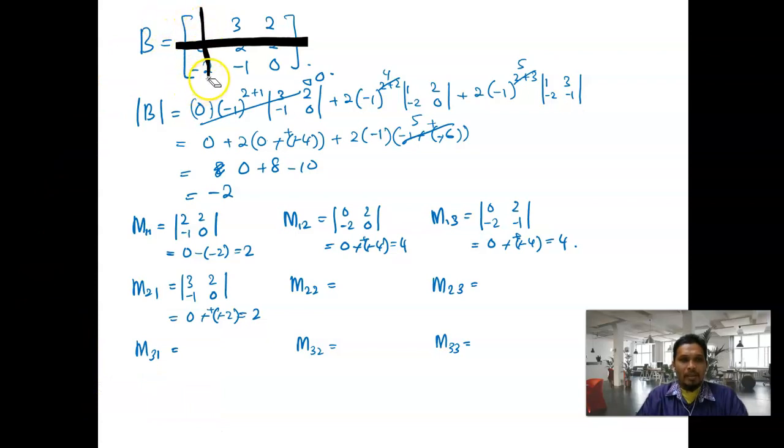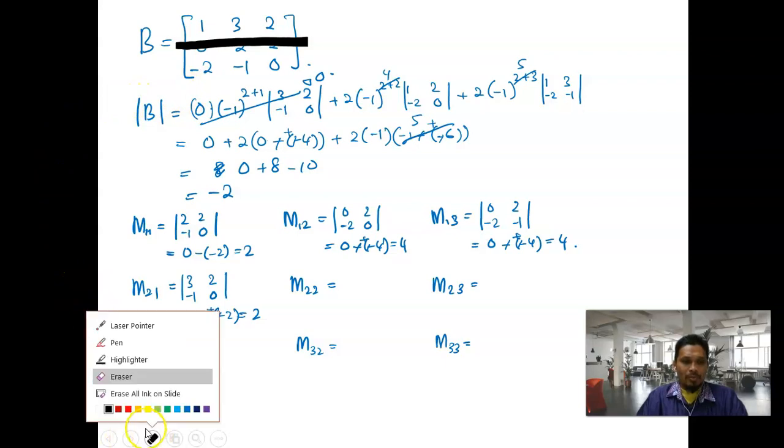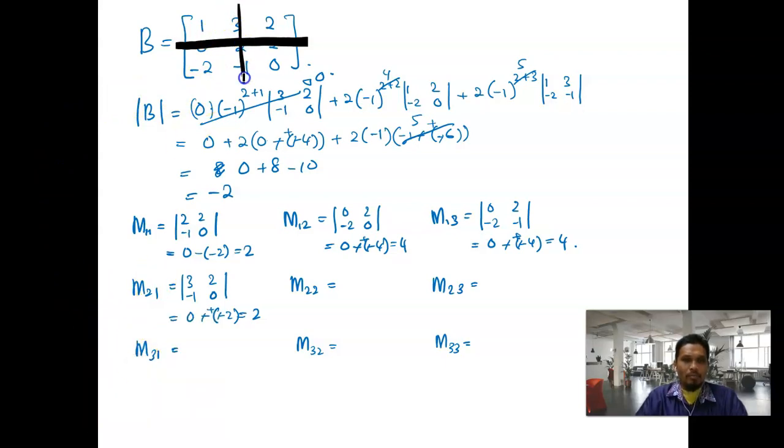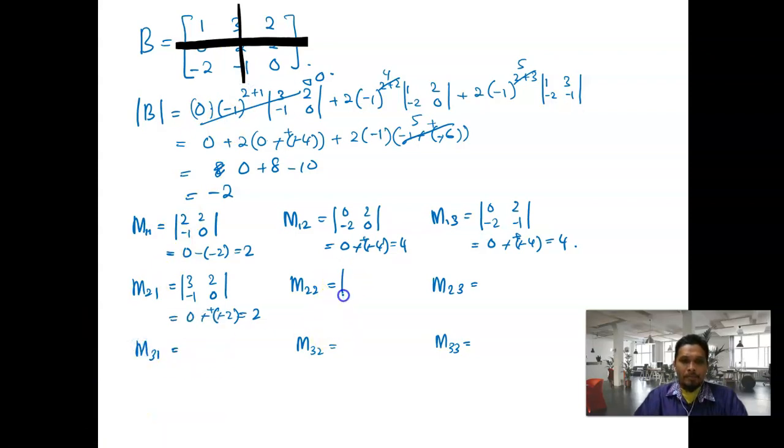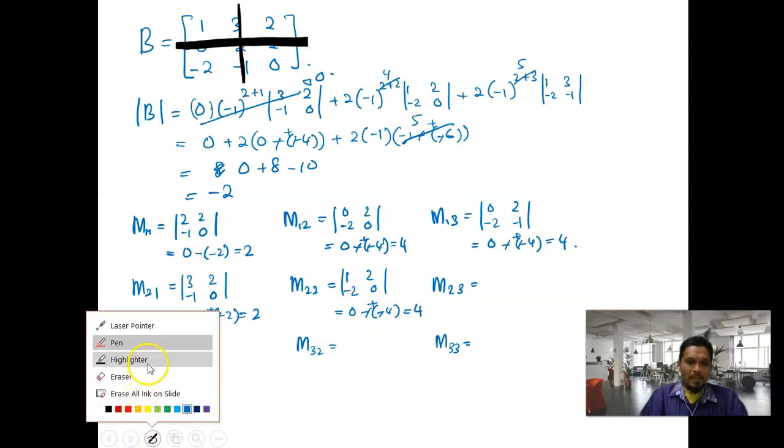Okay, hide the element in row number 2. So we have here now 1, 2, negative 2, 0. 1 times 0 equal to 0 minus 2 times negative 2 equal to negative 4. So negative, negative become positive. 0 plus 4 equal to 4. Okay, and